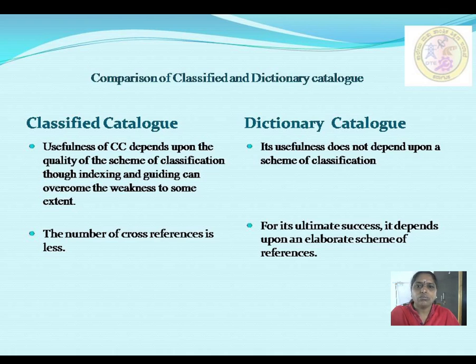But when you go to a dictionary catalog, it ultimately depends on a number of cross reference entries. You have to give a lot of cross reference entries in the subject catalog, because as you all know, the subject catalogs and the related subjects are scattered in DC. So if you want to show the relation between them, if you have to show this particular entry belongs to